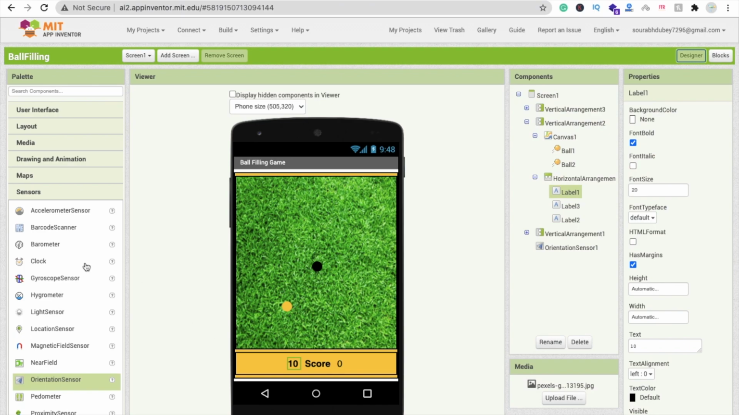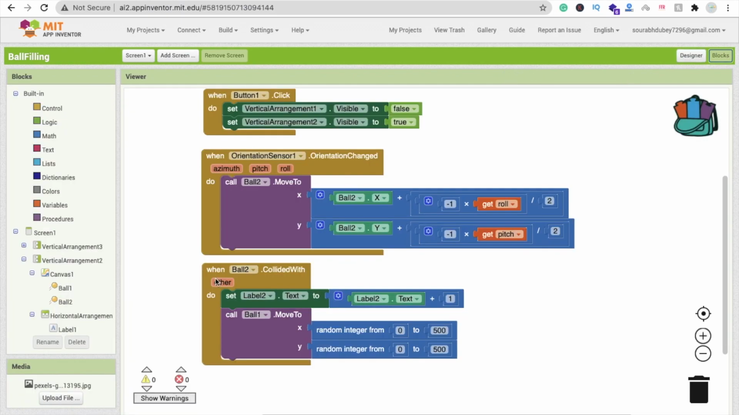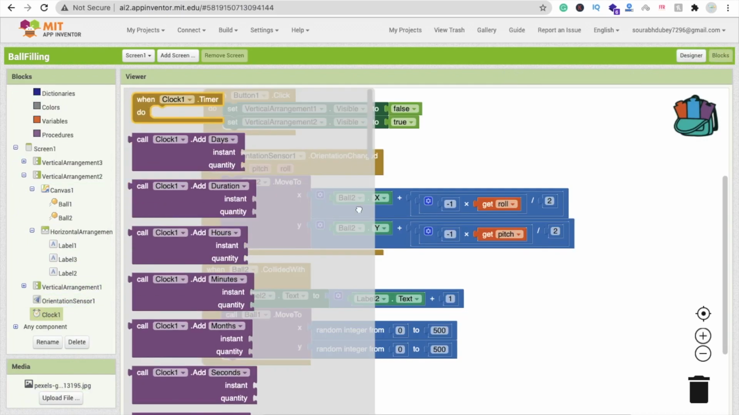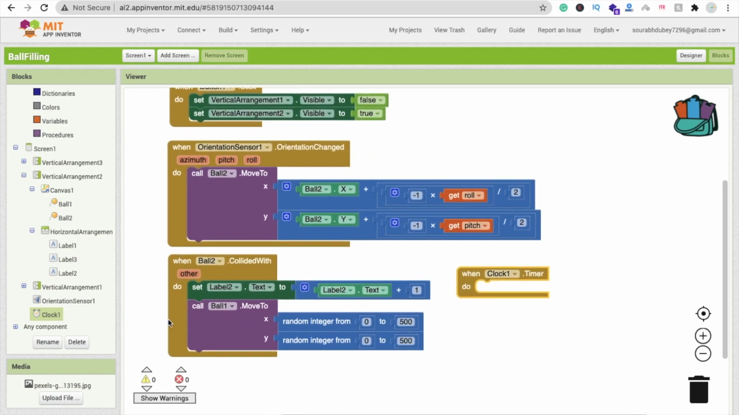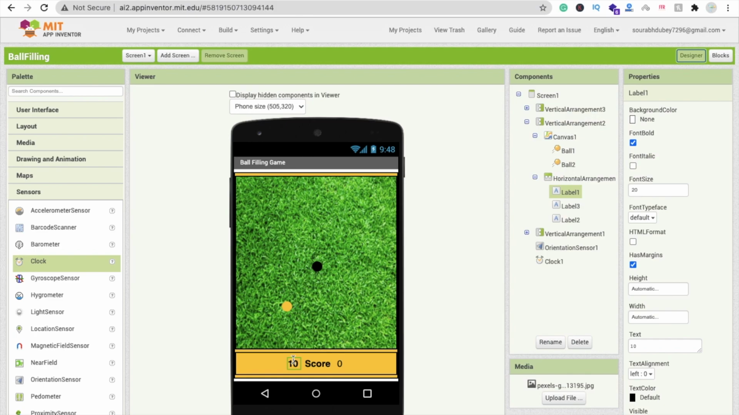over. So we will use here clock sensor, drag and drop this sensor here, go to the block and click on this clock. Whenever clock dot timer, then we have to decrease the value. It means copy paste this. It means go to design. This label name is label 1, right? It means